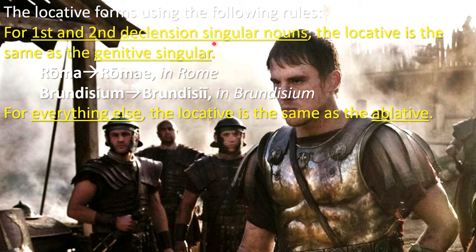So you notice up here for this, I said first and second declension singular nouns. How many small island, cities and towns aren't singular? Well, the Romans loved to name places with plural words. So Athenae, their word for Athens, it's first declension, but it's always plural in form. There's no way to say Athens singular. In English, I guess it's kind of the same way. You'd have to say Athen. We're going to Athen for vacation. So Athenae, because it's plural, even though it's first declension, it becomes ablative in form,